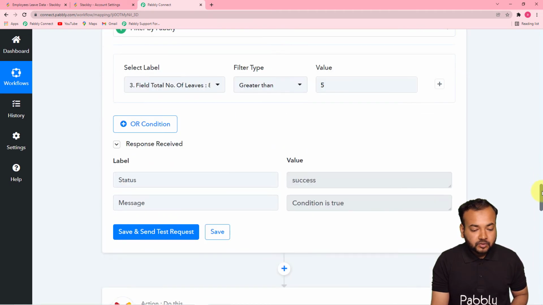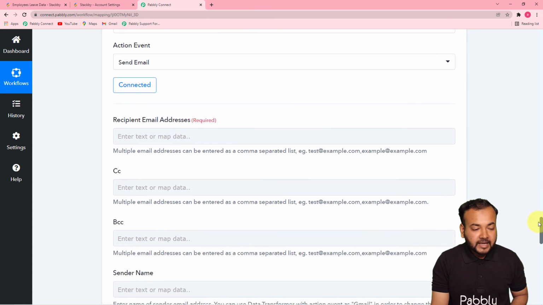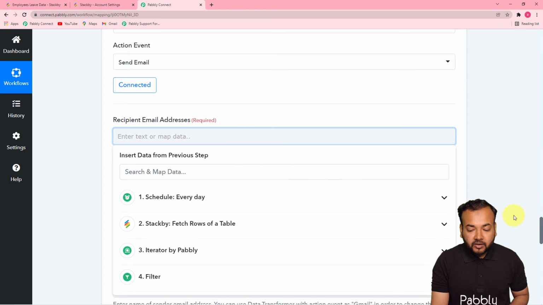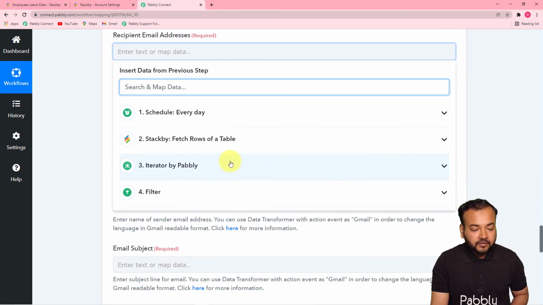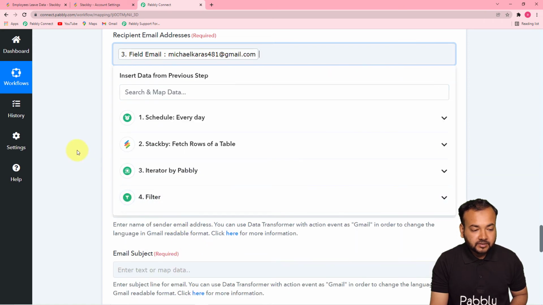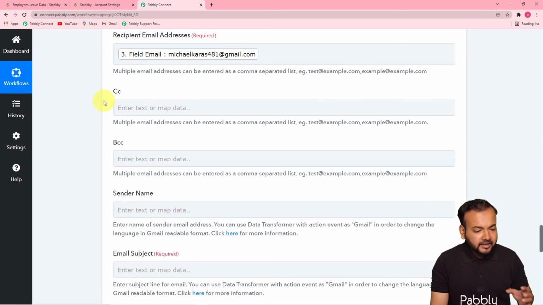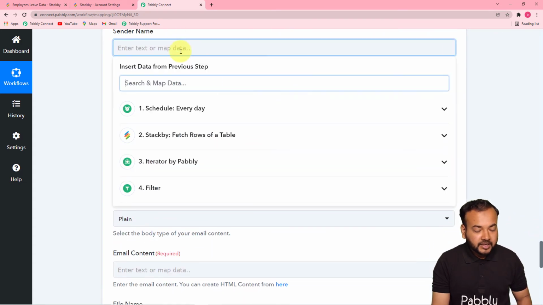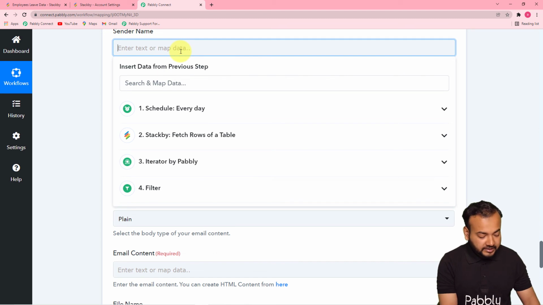Come back to the Gmail application tab, and in the recipient email address, when you click, you will find all the previous steps in the drop down, and from this iterator I am going to map the email address, which is this. Here I'm leaving CC and BCC blank. If you want to put someone here, you can put the email address manually. Now it is asking for the sender's name. Here you can put the name of the person who is sending this email. I am putting here